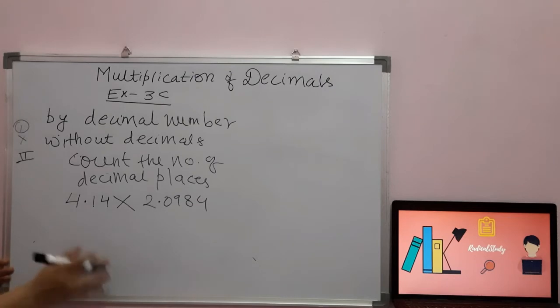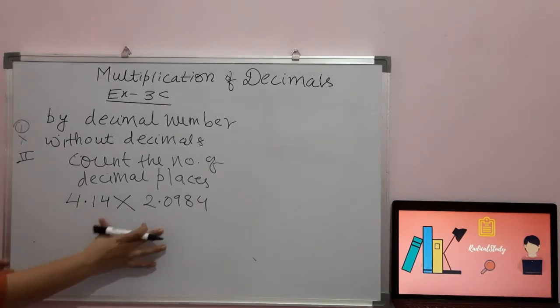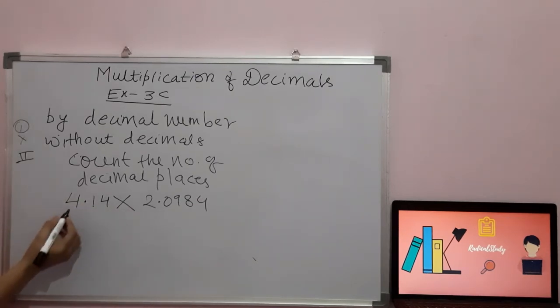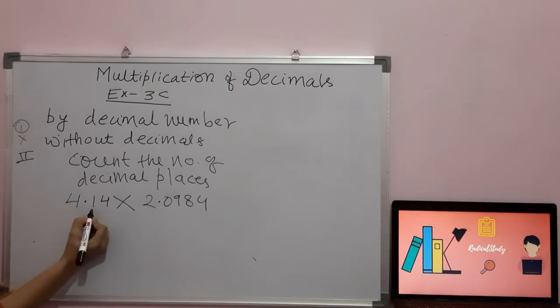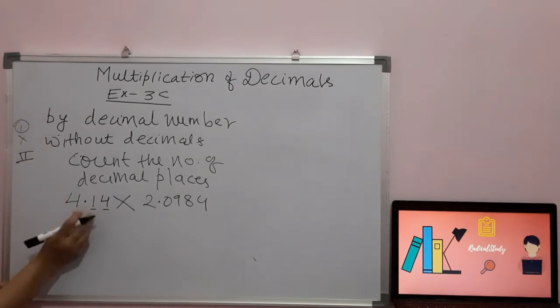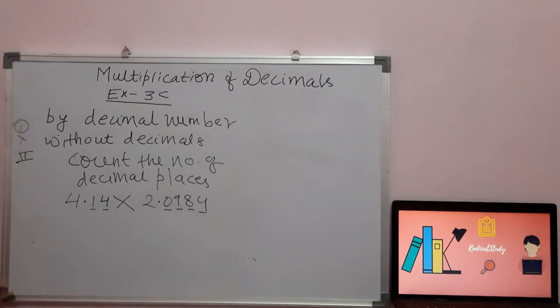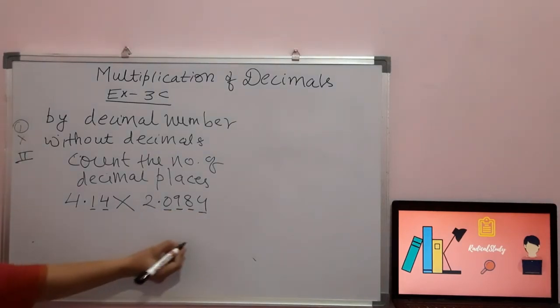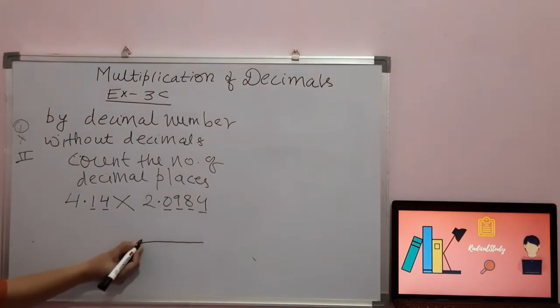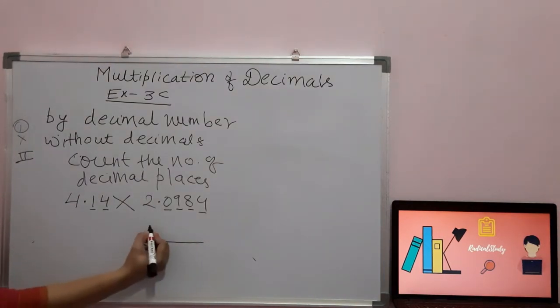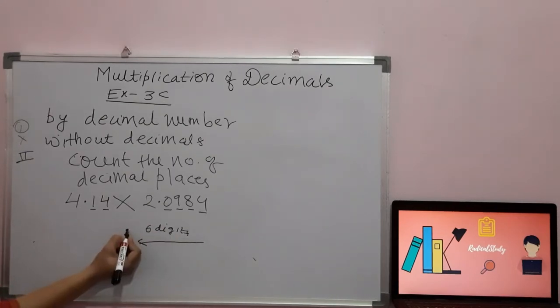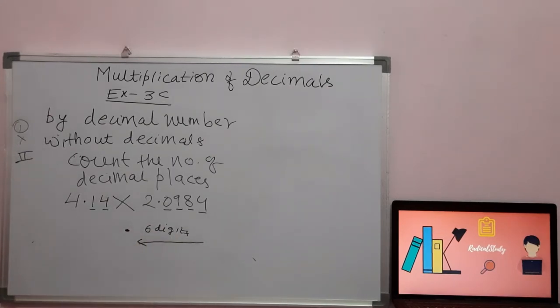तो आप पहले डेसिमल हटा के सिंपली मल्टीप्लाई करेंगे, but when you will get the result you have to count like this: 1, 2, दो प्लेसेस यहाँ पे हैं, 3, 4, 5, 6. So in our result, हमको from the extreme right towards the left we have to count how many numbers? We have to count 6 digits. Then after that we have to place the point. So this is how we will multiply the decimal numbers with the decimal numbers.